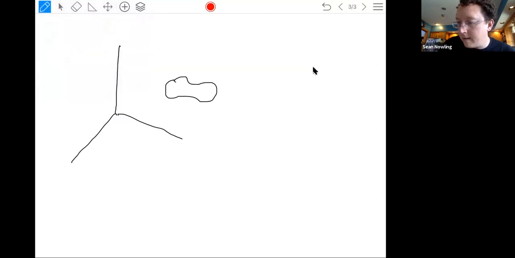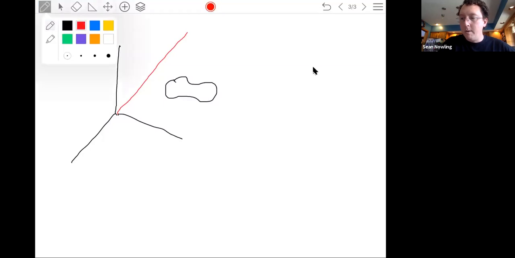Change color. So I'm going to have an axis of rotation. I'm going to put that in red. Okay, so this is my axis of rotation in red. And then I'm going to mark a point. Doesn't matter which point, because remember the relative velocities between any two points on this rigid